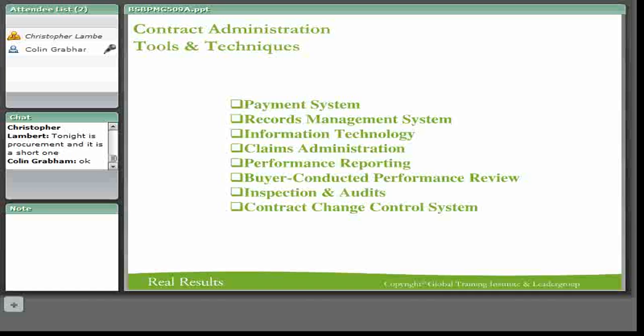Your payment system would have been negotiated in your contract. On what basis does a person get paid? This all comes down to contract administration and management. Your payment system still has to be implemented, so there are many ways to do that. One is to pay on milestones. Another is to pay at the end of every activity. Another one is to just give a tranche, which might be prepaid for something,